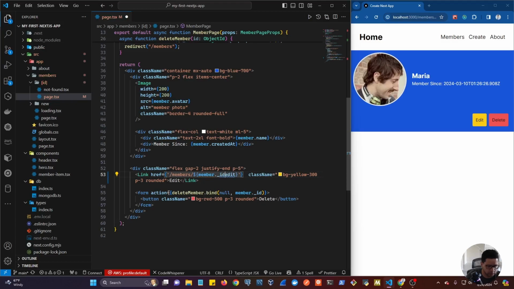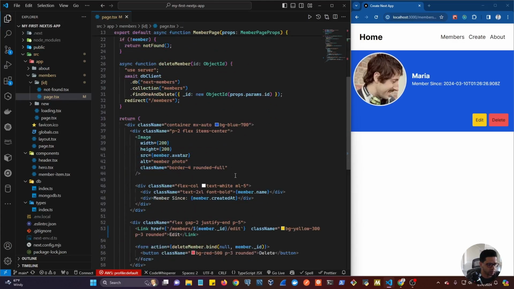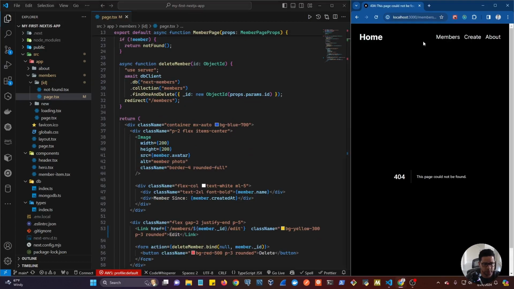Let's just have the ID here and then /edit. Cool. Make sure the Link component was imported at the top, right here, line 5. So now when we click on the edit, we're going to be navigated to a page that is not found at the moment,